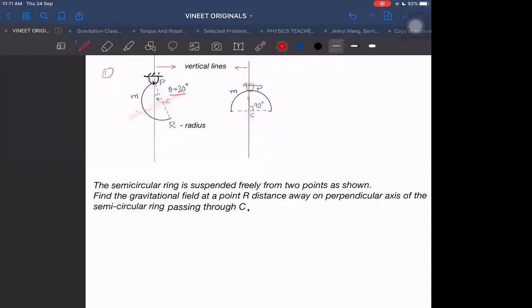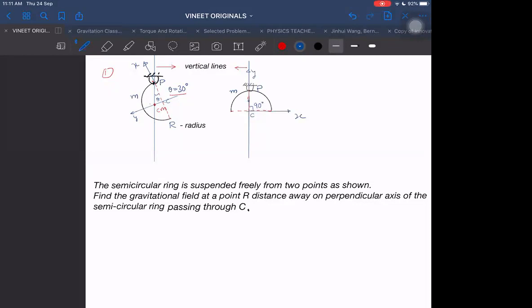Yes, sir. So this point is the center of mass, the location of the center of mass. And now we can say that tan theta will be equal to RCM divided by R. So we can find YCM. Let this be the y-axis, and along the other side let it be the x-axis. Here this line will become the y-axis, and this line will become the x-axis. Right or not?